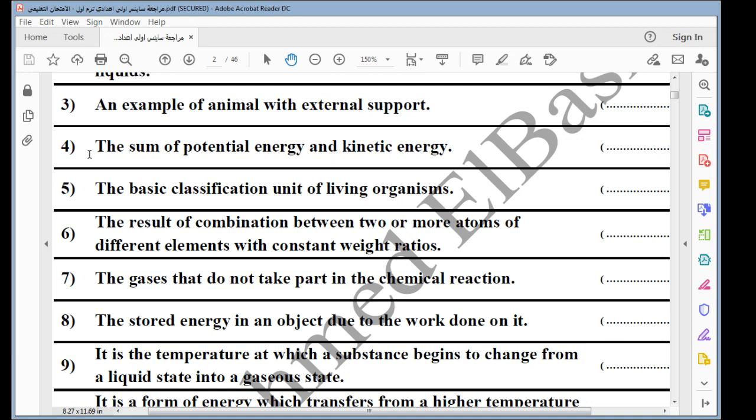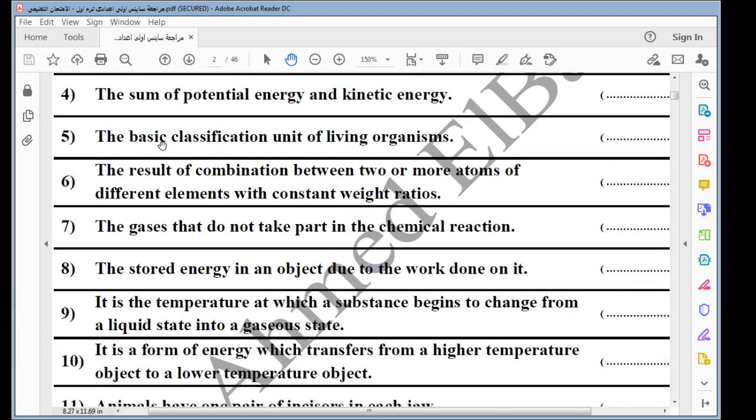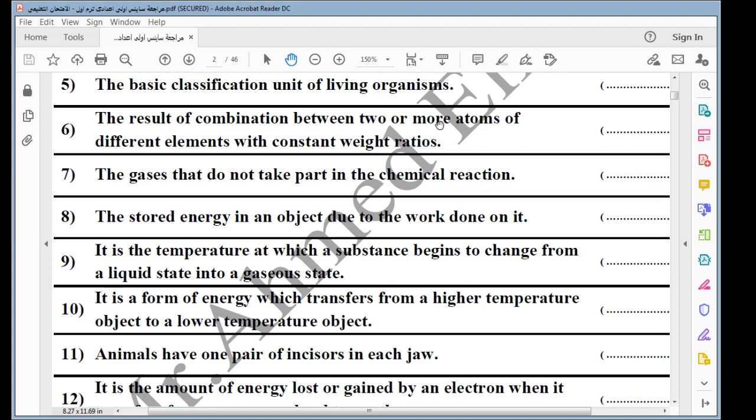Number 4. The sum of potential energy and kinetic energy. Of course, this is the mechanical energy. Number 5. The basic classification unit of living organisms. Of course, this is the species. Number 6. The result of combination between two or more atoms of different elements with constant weight ratios. Of course, this is the